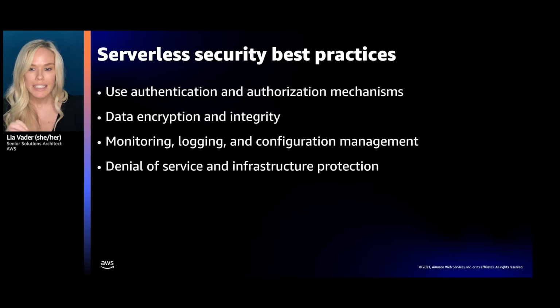And today, we're going to take these principles and break them into 4 categories and apply these to a few use cases. First is authentication and authorization, as we do need to have a strong identity management and access control. Next, for our use case, we need to think about data encryption and integrity. We're going to look at the data flow and identify where we can encrypt data in transit and at rest, and where we should be considering to preserve the integrity of data. Then we're going to ensure we have sufficient logging and monitoring through our architecture, and talk about the native logging features you should be looking at.